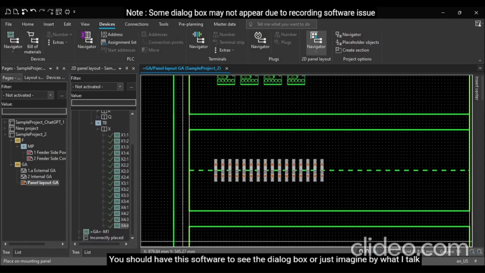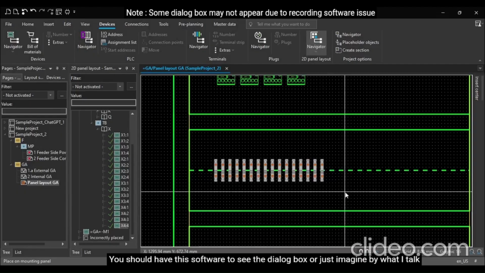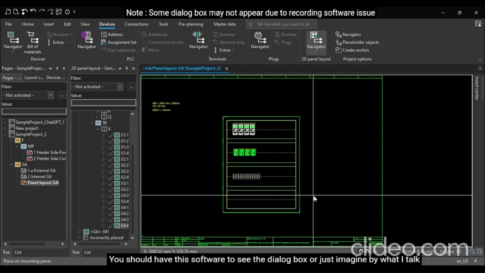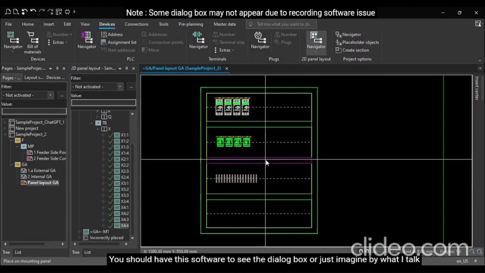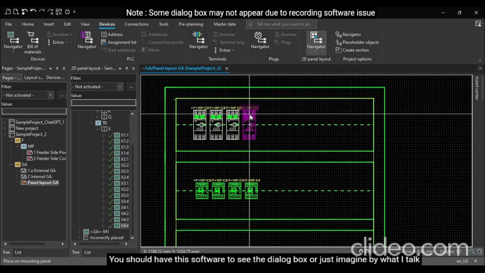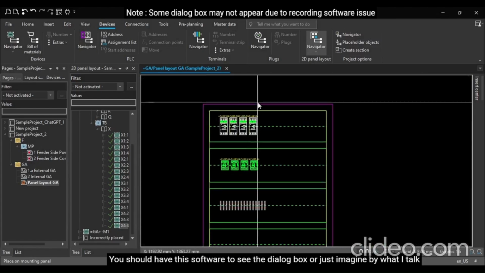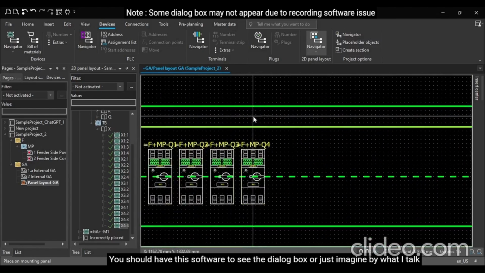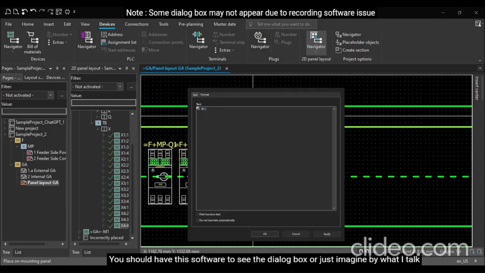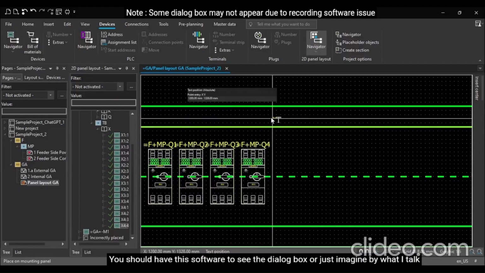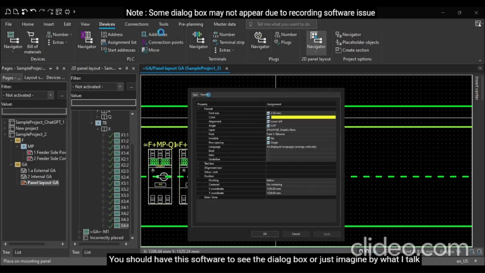I think you got this. This is how your GA panel layout should look. You can add alterations. You can add many things, like if this depth is 40 by 40, you can add a text which says 40 x 40 mm. You can add it here,